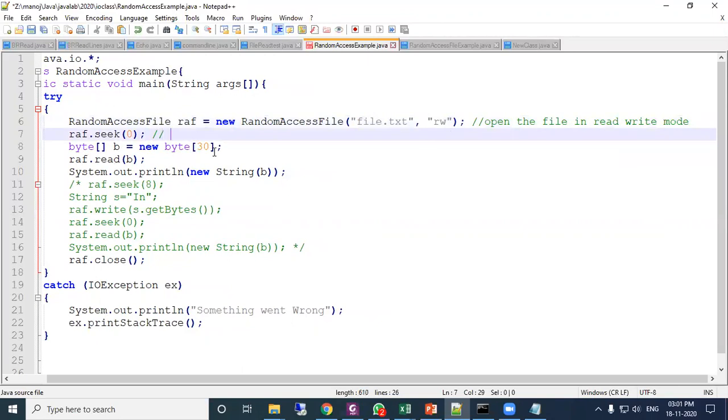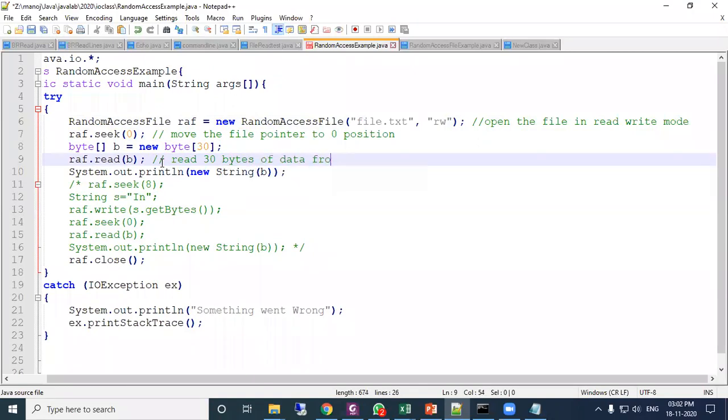This thing moves the file pointer to 0 position, and here read 30 bytes of data from the RAF object, RAF file, and store in B array. You can say store in B.